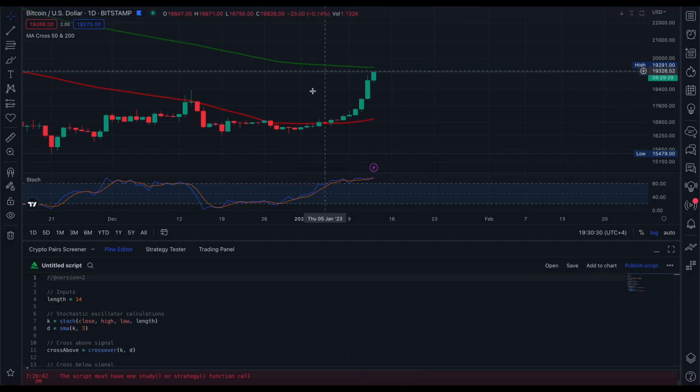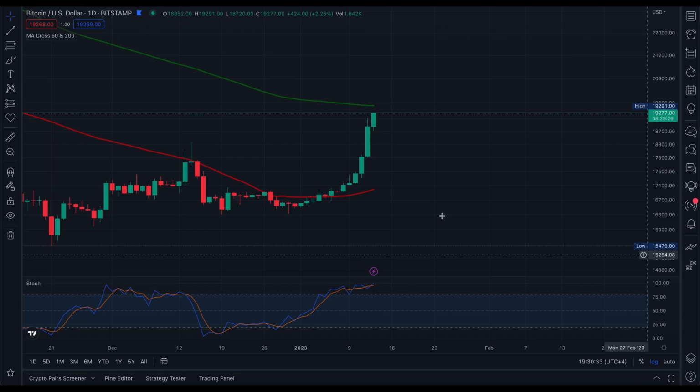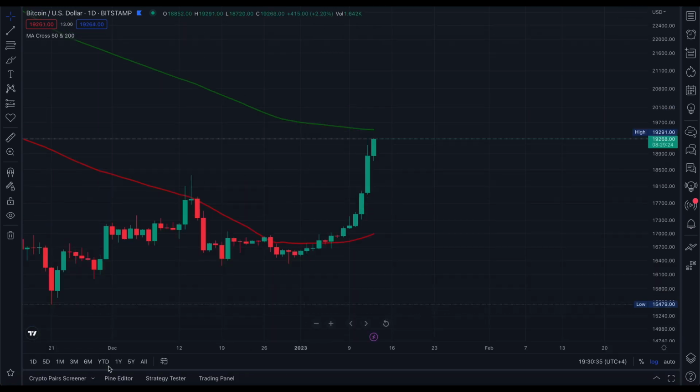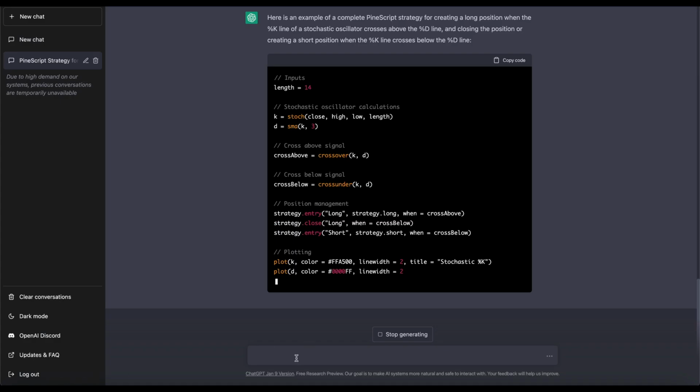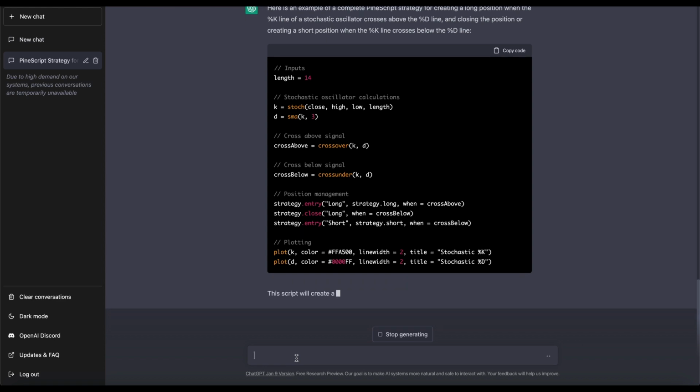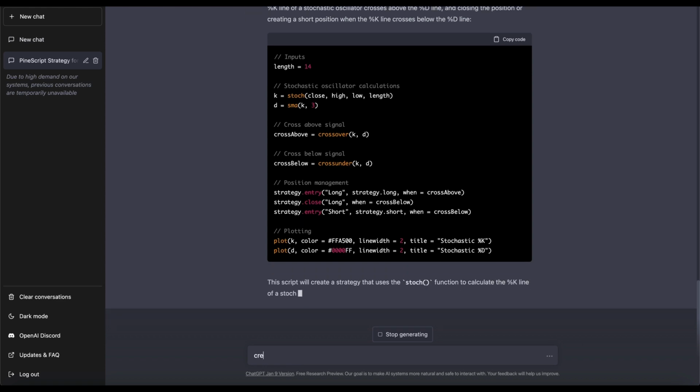So let's put the Bollinger Band here. Let's get rid of the stochastic. I don't want to use it. Let's do the Bollinger Band. So again, Bollinger Band, it has a top band and a lower band, and then it's got the middle line. So I could say create a Pine script strategy